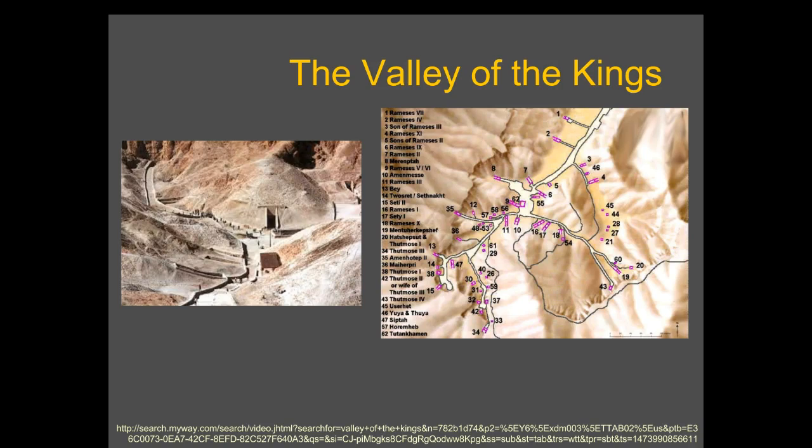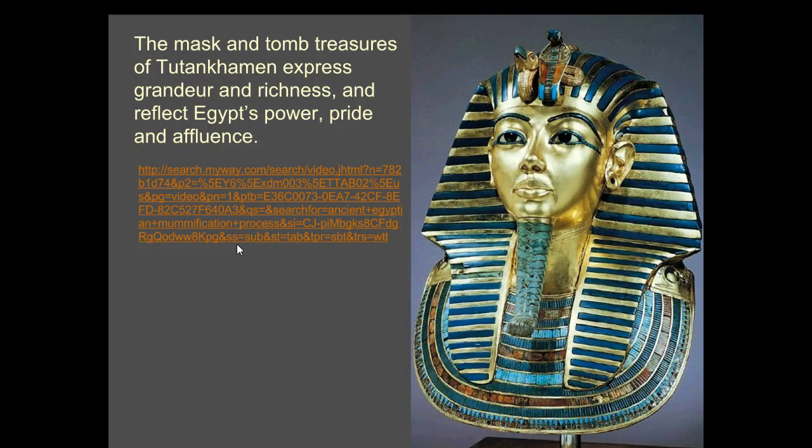So the Valley of the Kings. After a while, they stopped doing the rock face tombs, and they basically put everybody in one area, the Valley of the Kings. It was in a valley, obviously, and they would position people and soldiers to watch over the valley, and you can tell by the single road that comes through there, you can see any thieves or anybody who comes through there. But the most famous person we know is King Tutankhamun.